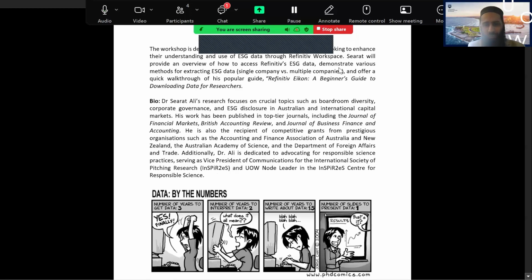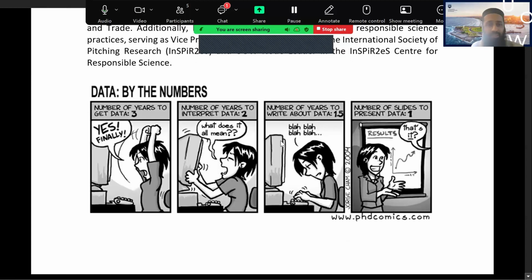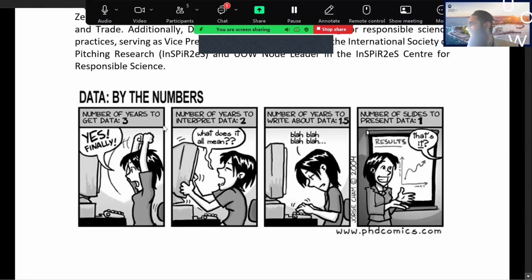They can apply the concepts they learn in the classroom on real world data. I have one picture here, which I brought intentionally. It says that it's hypothetical, otherwise the PhD is normally 3 years plus 1 year, so 4 years. But it says that the number of years to get data is 3 years. So you can imagine it takes a lot of time to collect the data for your research, in particular if the data is hand collected, or has to be collected from a database which is complex to operate and not user-friendly. You have to spend a lot of time to familiarize yourself with the user interface. It can take a long time.